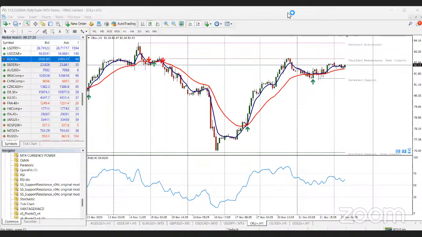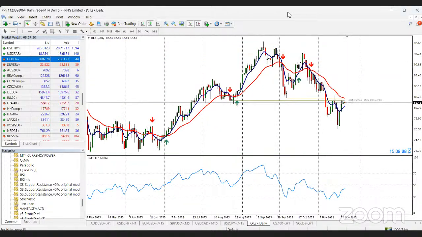So let's look at it on the daily time frame for oil first of all. We can see that for oil, price has been falling for the past month all the way to this month as well. It tried to do a bit of a retracement here, which looks like a support region to come up to. But we can see that most times once price is able to break a support, it becomes a resistance, and it tends to do a bit of a retest and then continue on its downward movement.